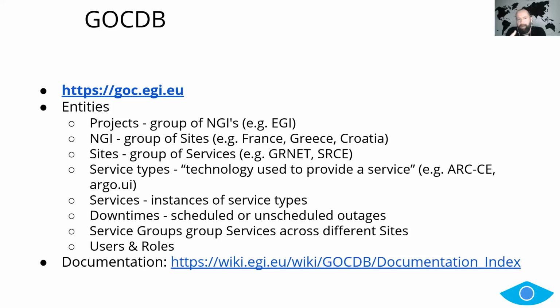So for example, you build an infrastructure which contains a bunch of different web servers which are providing something, and service type is basically, let's say, a tag or a name which describes that particular service. And then the services are basically instances of these service types. I'll show on an example later. And then there are many other things in GOCDB, but let's say these are most important for my story right now.